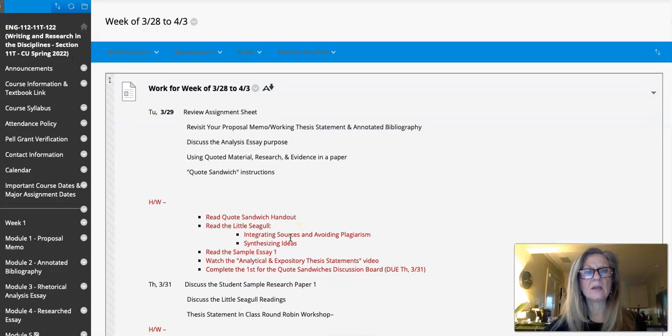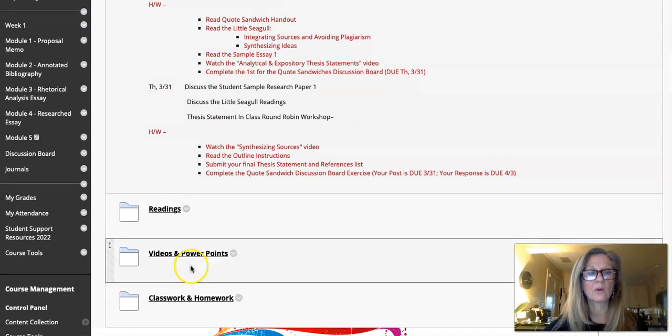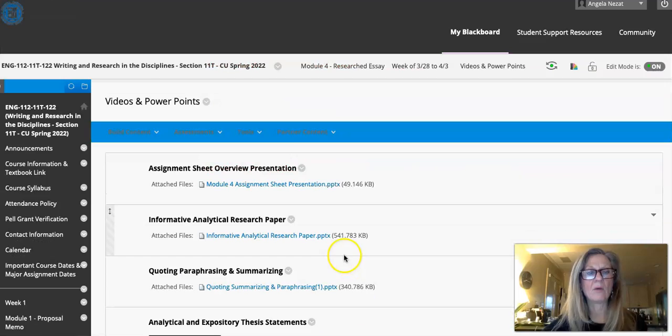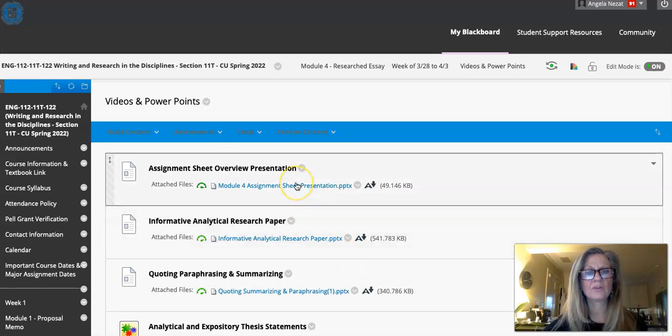So for this week, you have a few assignments. I want you to review your assignment sheet, and part of that is going to be revisiting your proposal memo and your working thesis statement and your annotated bibliography. So what you're doing with this research paper is it's not an argument or persuasive paper, it's an analysis expository essay. So let me go ahead right now and go over really quickly the PowerPoint, which covers all the basics